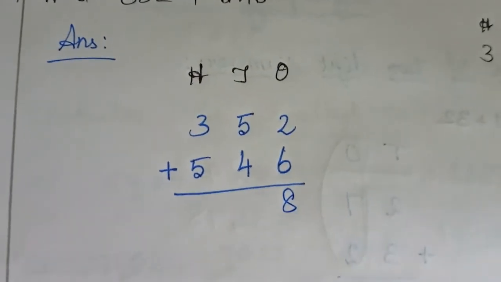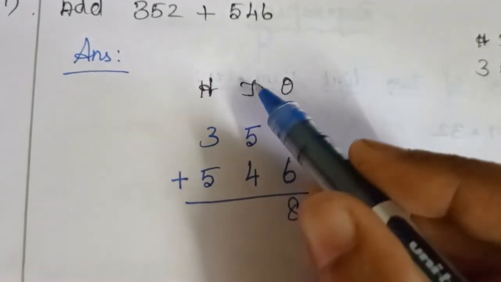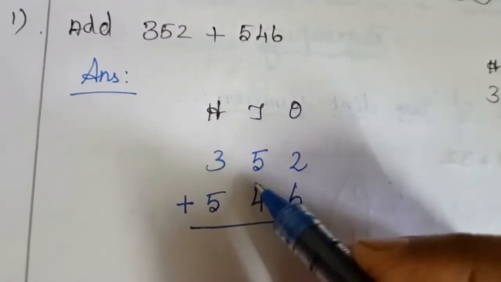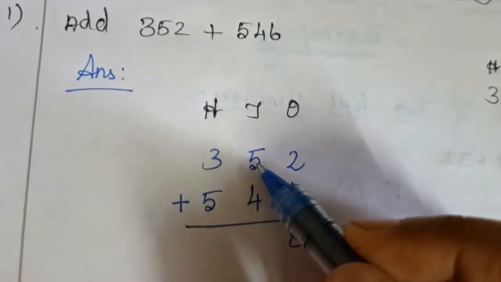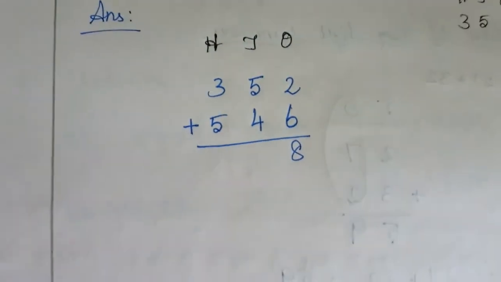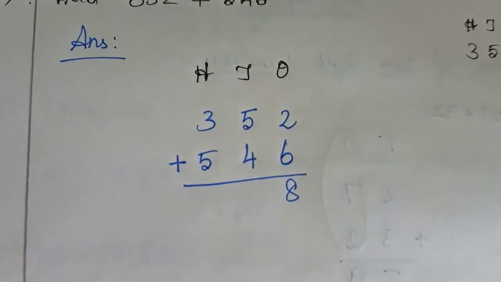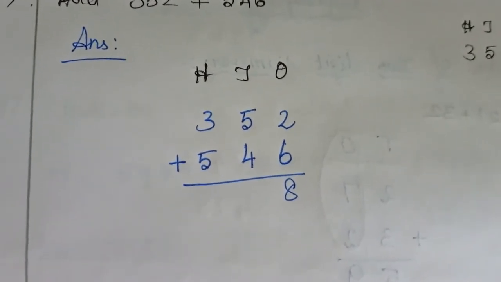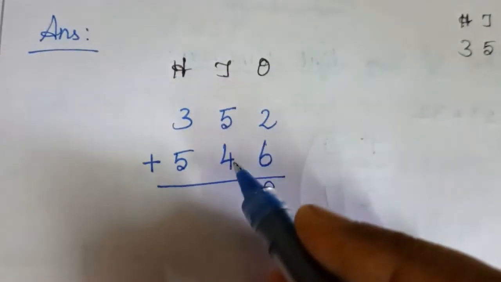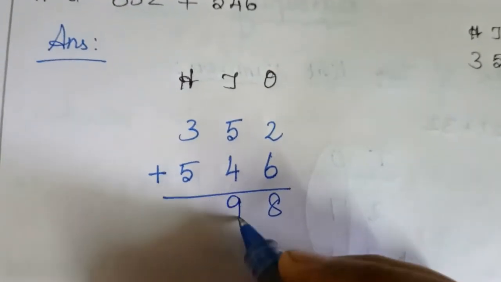Okay children, next what do you want to do? Next, yeah, you have to add the numbers in the tens place value. Okay children, so you have to keep the bigger number in mind. Here the 5 is bigger number, so you have to keep 5 in mind and take 4 fingers. So 5 after, you have to count 5 after 6 7 8 and 9. So we got the value 9 while adding 5 plus 4. So write 9 in the tens place.